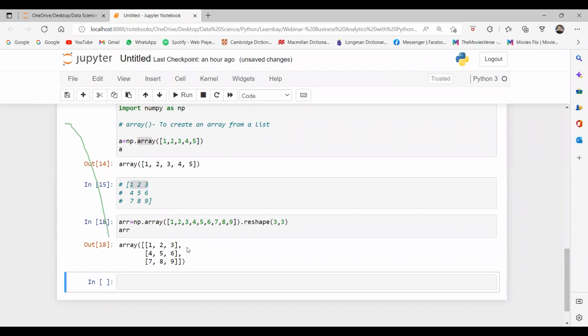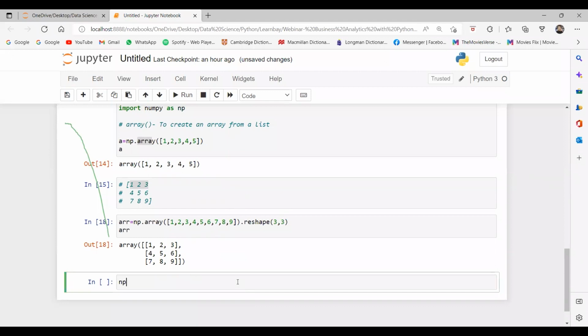Fine, guys. And if you know linear algebra, a matrix is a very short representation of big calculations. Yes or no? With two matrices, you can perform very big calculations. That is why NumPy is faster, because it works in the form of matrices as we do in linear algebra, guys. So have you understood how to create an array in NumPy and how to reshape it? Yeah. So we have different functions.